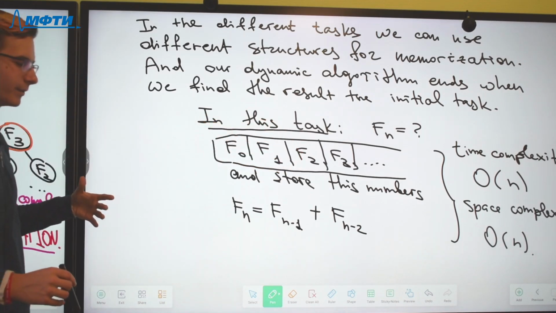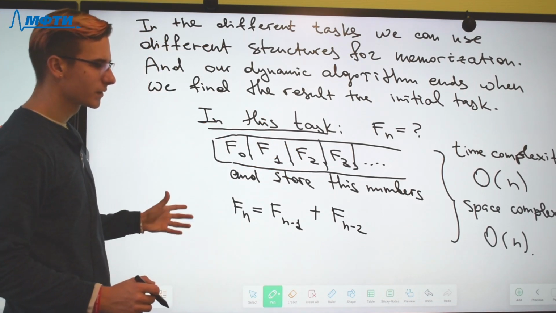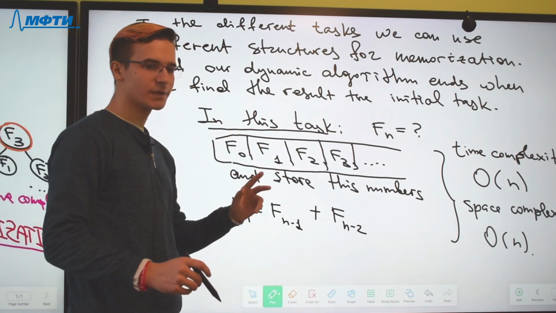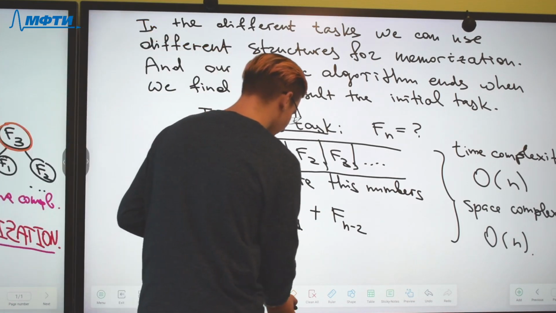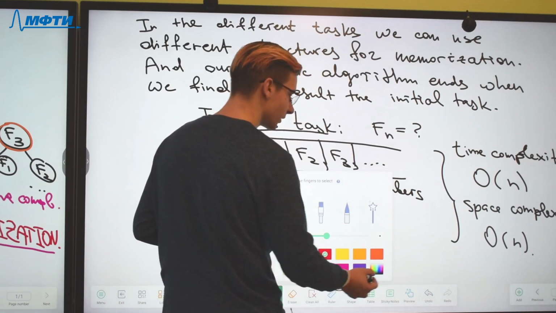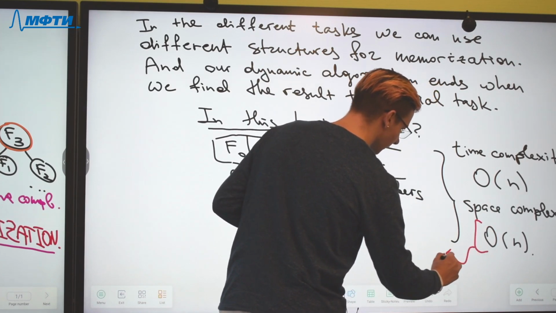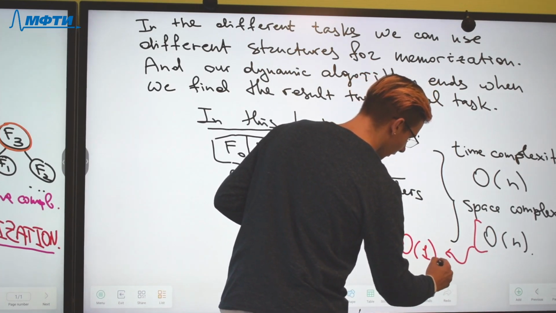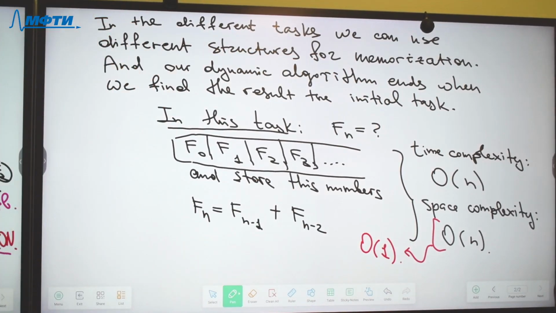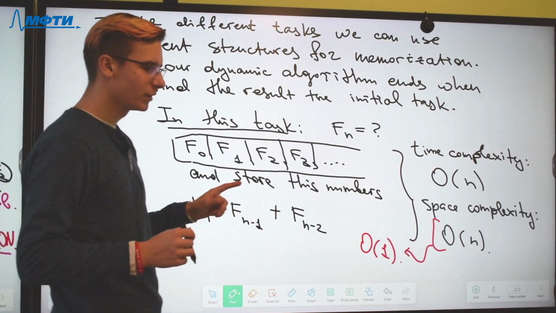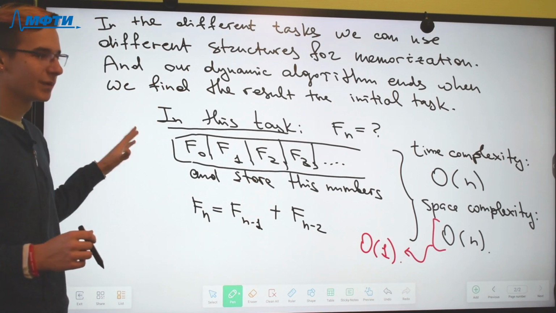And of course, due to this formula, we can store only the previous two numbers and change them in each step. And then we change this asymptotic complexity to O of 1. And of course, it will be better,